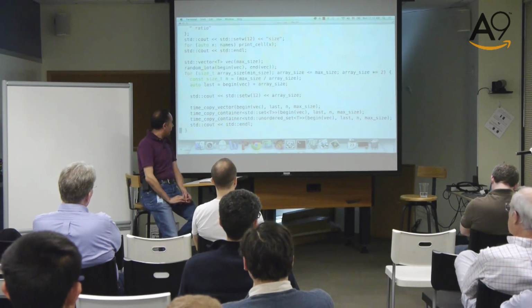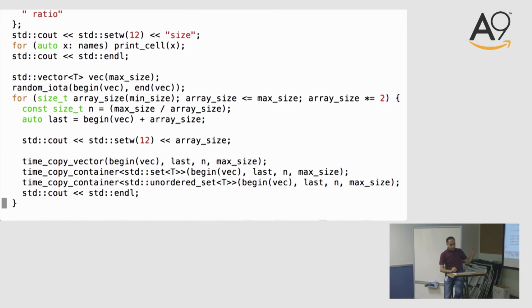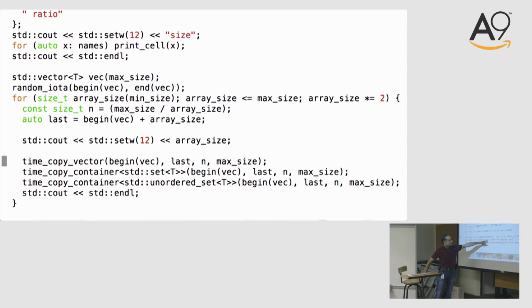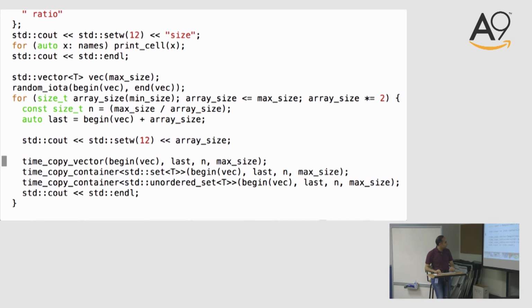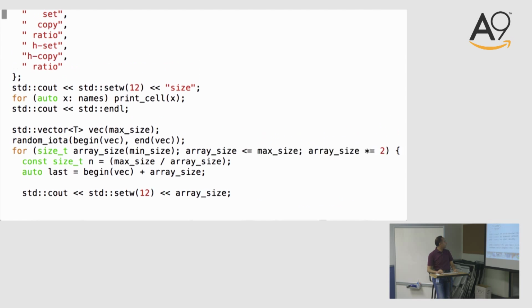So, the second thing we're going to show you is very similar. This time we're going to create a set and an unordered set. We'll take the vector, add everything that's in the vector into the set, and then iterate over the set. Right? So if you look at our time container function,